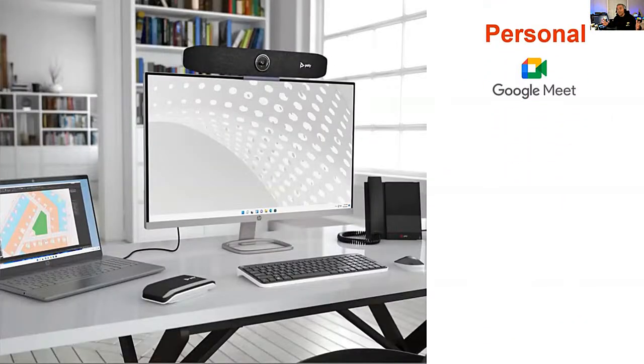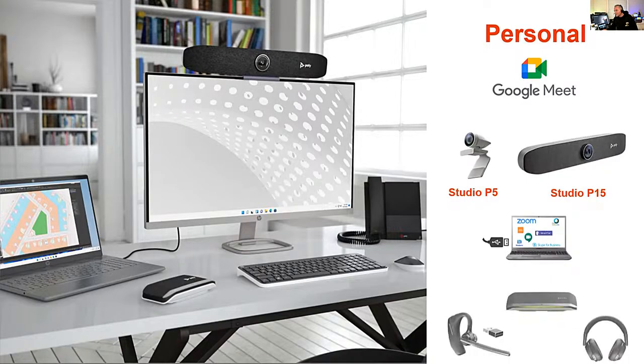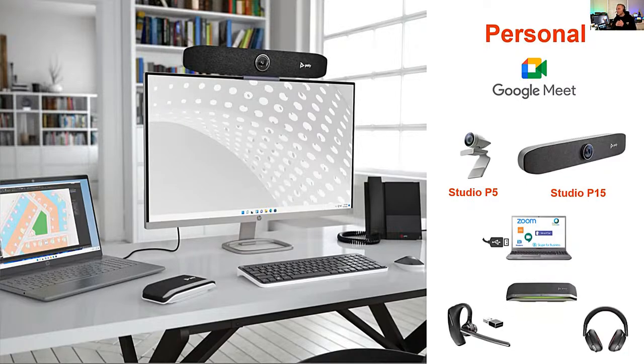Yeah, and don't forget, Poly is now part of HP. So I see a lot of things going on there. I think of environments for your home office, and it brings a lot of things nicely together. With, for example, the P15 with that monitor, you can add the great audio and video benefits of those devices in those rooms. We use the P5 with a Sync 20. So there's a lot of flexibility coming together now for your personal workspace also, and it's all certified